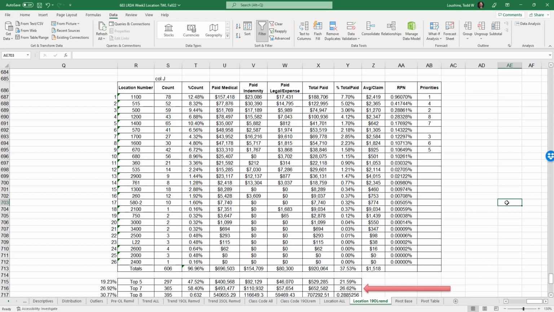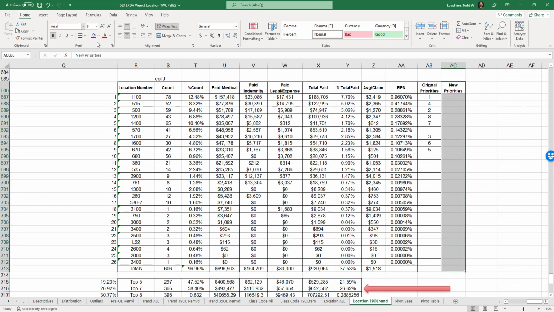Do you see this? So I'm going to call this now original priorities. I don't know if I spelled that right or not. And this is new priorities. So we can actually compare them. So it didn't happen in the first thing. So now 1, 2, 3, 4. It jumps from 28 to 17. You see how it changed?